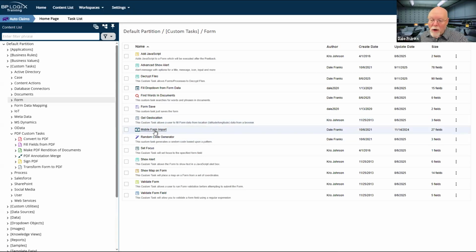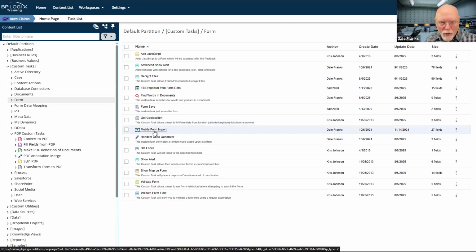Similarly, the mobile form import only works with the mobile device component or the mobile application component, but it's the custom task that actually goes out to Apponate and grabs all of the forms that have been submitted via mobile device that were unconnected to your network, because that's the purpose. I need to send people out. They don't have any connection to my network, but they need to be able to fill out forms and submit those forms. The mobile device, which we use the Apponate service to create and to store your forms, all gets stored on Apponate because it's a publicly accessible